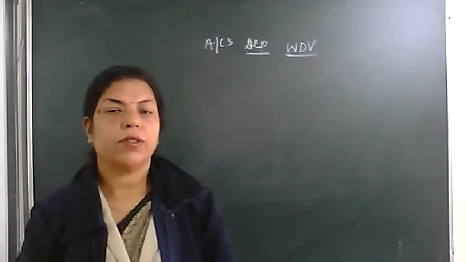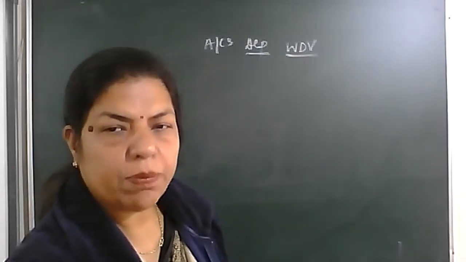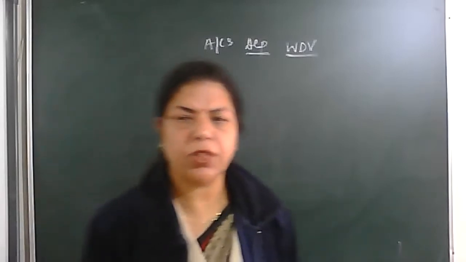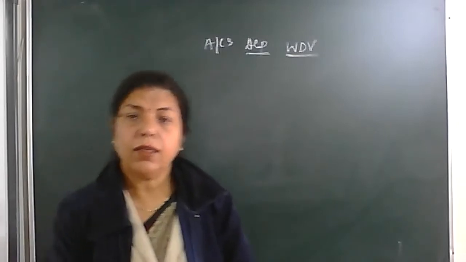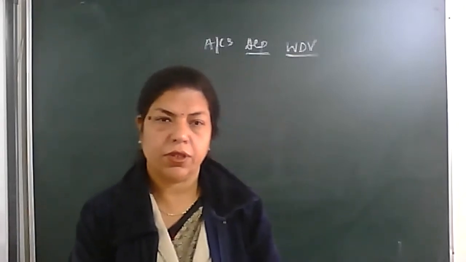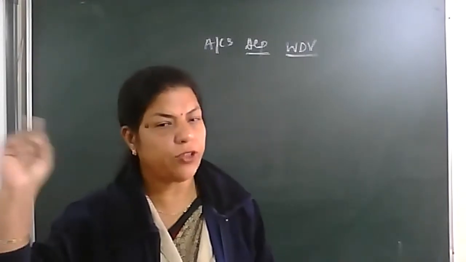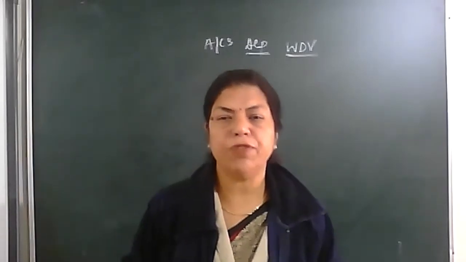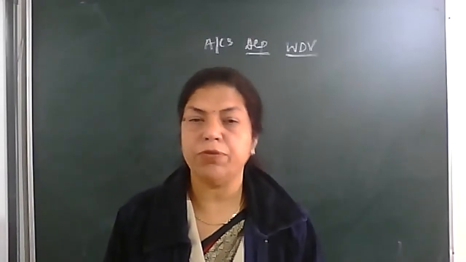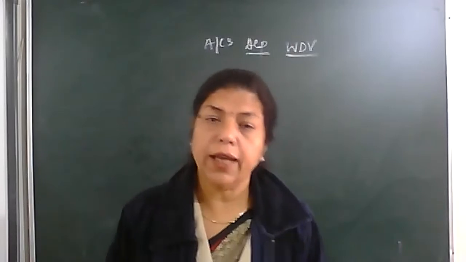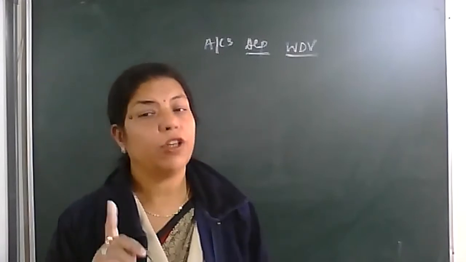In today's class, in 11th accountancy, we are on the chapter depreciation, and in this chapter we already completed the theory part and numericals of the fixed method. In that part, I explained two formulas. One is cost price into rate upon 100, and the second formula, which we completed yesterday, was cost price minus scrap value upon life.